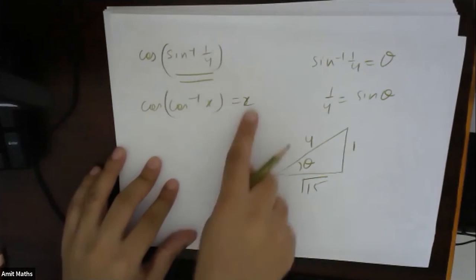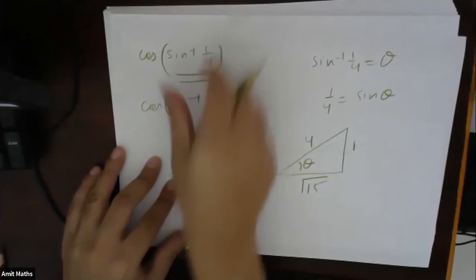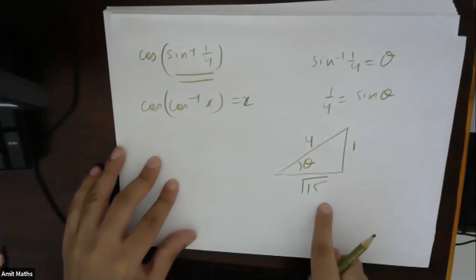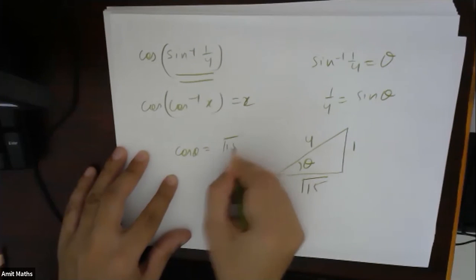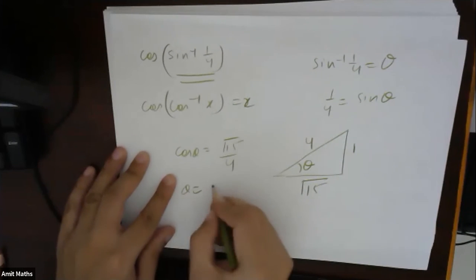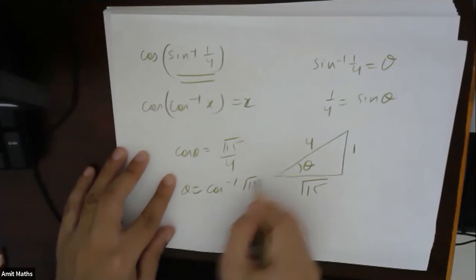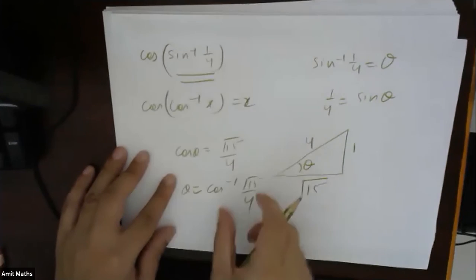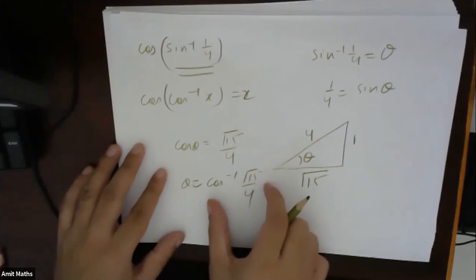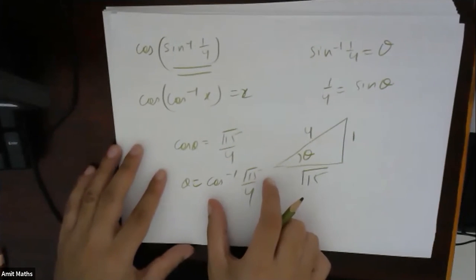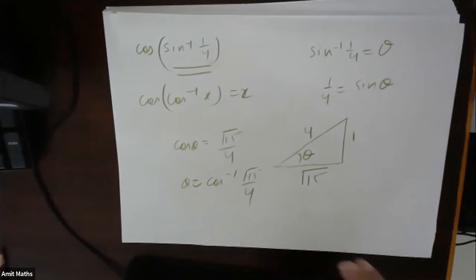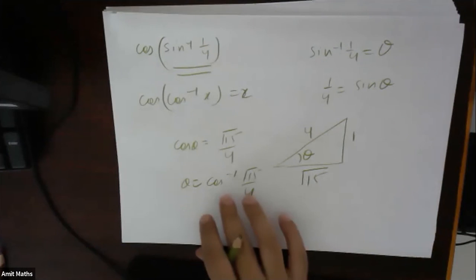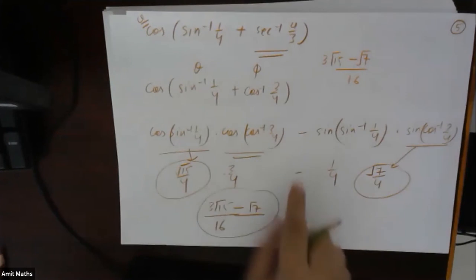Now where I have to write x, this should give me theta. So theta I have to write in terms of cos. So cos of theta is nothing but root of 15 by 4. So theta is equal to cos inverse of root 15 by 4. That is why I have simply substituted cos inverse of root 15 by 4 here. Everyone understood? Fine. So this was a very simple representation of the properties we used before. Now you understood, everyone?